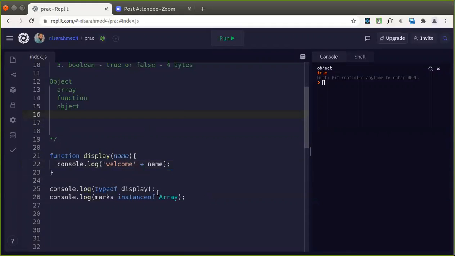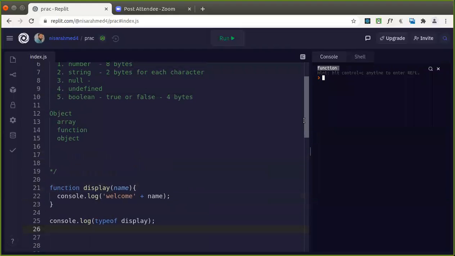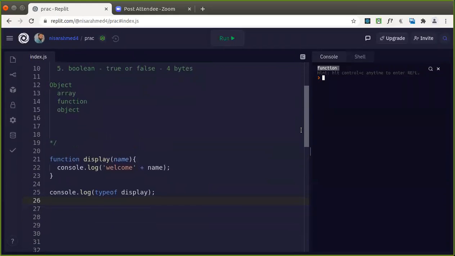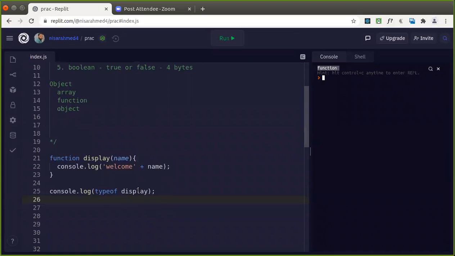Good. Then you can just check here. Type of display means it has given it as a type, what? Function. Like in JavaScript, a function is of type what? Object, actually. It's also a data type. So it is giving us type of display, which means it's a function. Good. So how you are going to execute the function call is different.